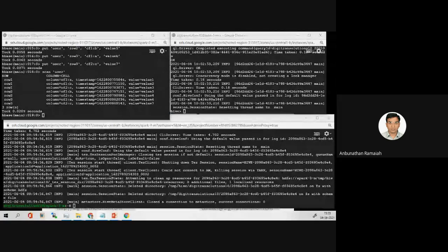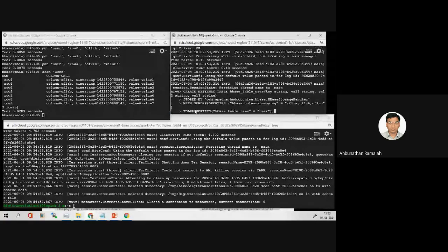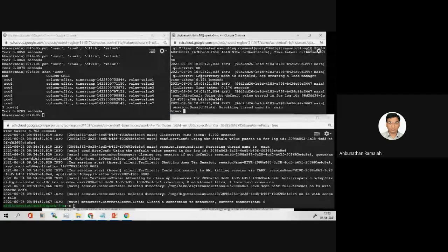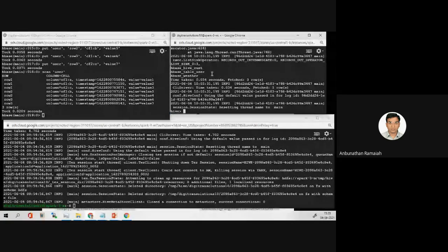We'll try to create now. Create external table. From the command line directly I can create. This time OK is coming. So we'll just check with show tables. Now it is created. HBase table user.